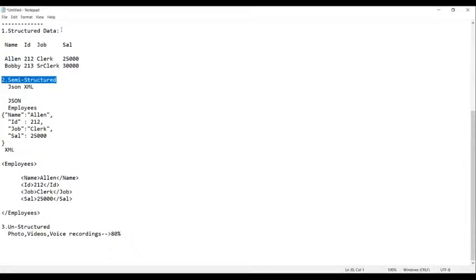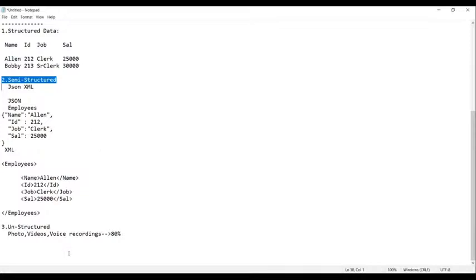Whereas 80% will be unstructured. It does not follow any kind of structure. Getting my point, everyone? Am I right, everyone?